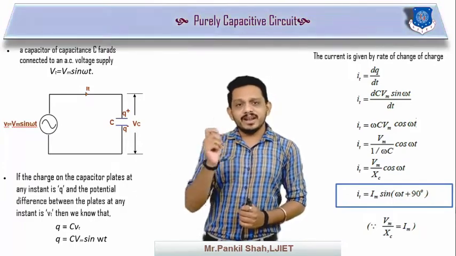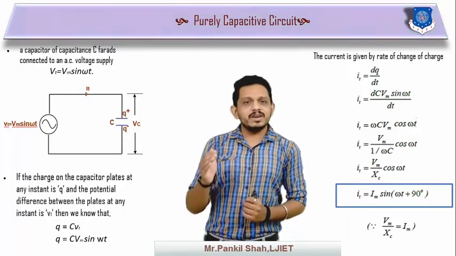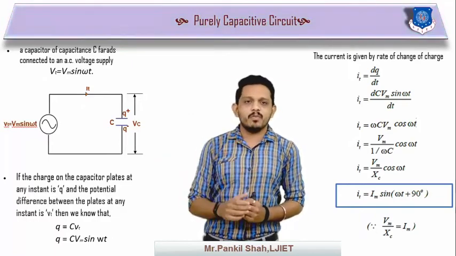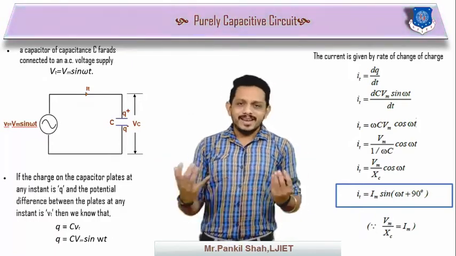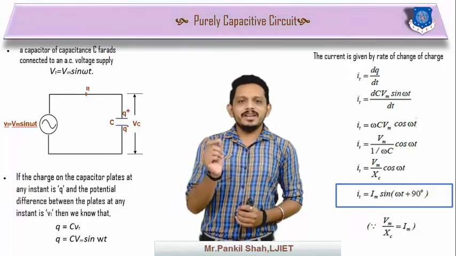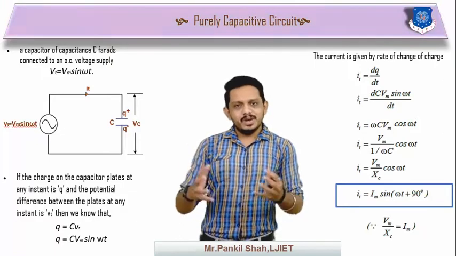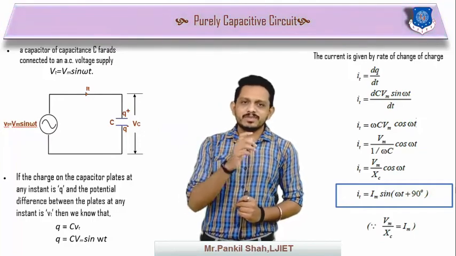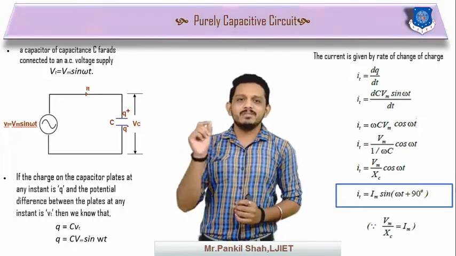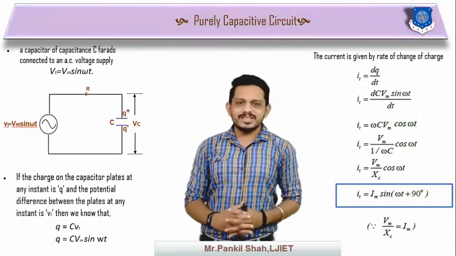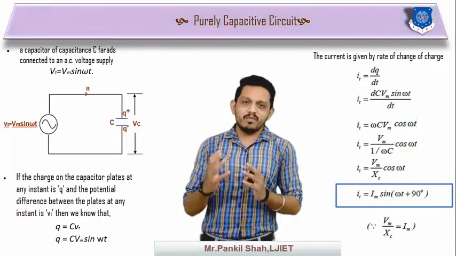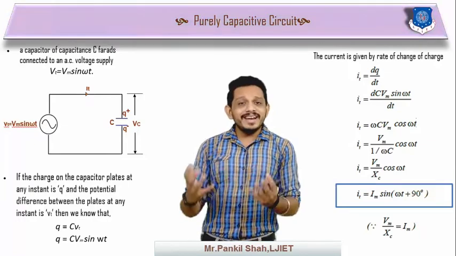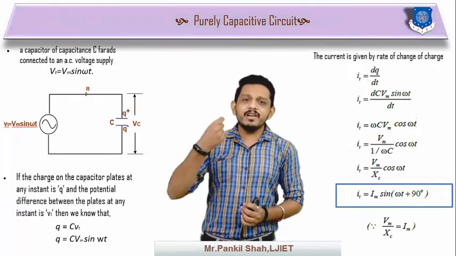In the previous theory, we took 90 minus omega t because one negative sign was already there outside that bracket. If you take 90 minus omega t, that negative sign will make omega t positive. So cos omega t is nothing but sin (omega t plus 90). From this, we can say that V equals Vm sin omega t and I equals Im sin (omega t plus 90). So in a pure capacitive circuit, voltage and current have a phase difference of 90 degrees. And here positive 90 indicates that the current is leading the voltage by 90 degrees.